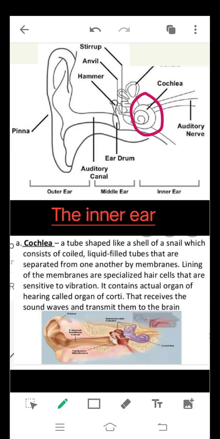The function of the cochlea is to receive the sound waves from the middle ear and convert them into nerve impulses, because whatever is going to reach our brain always goes in the form of impulses. All the messages from the body go to the brain in the form of nerve impulses, and this is the function of the cochlea, to convert